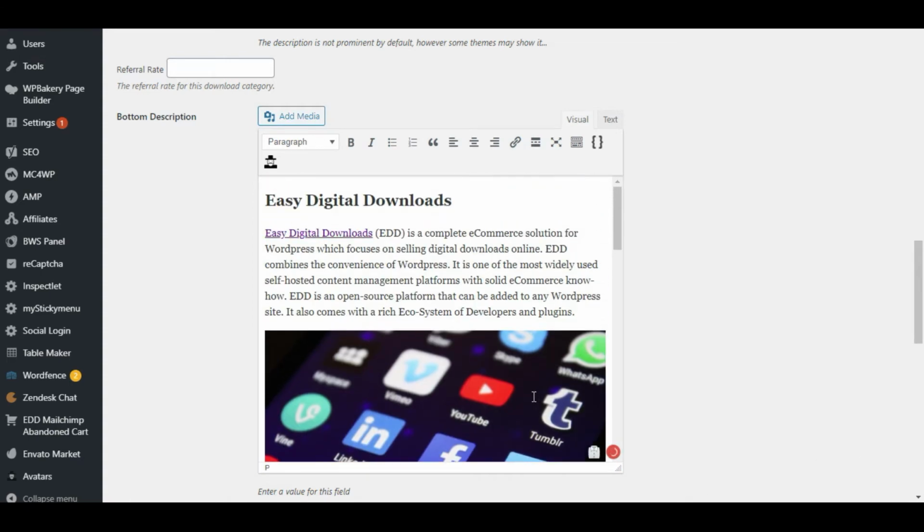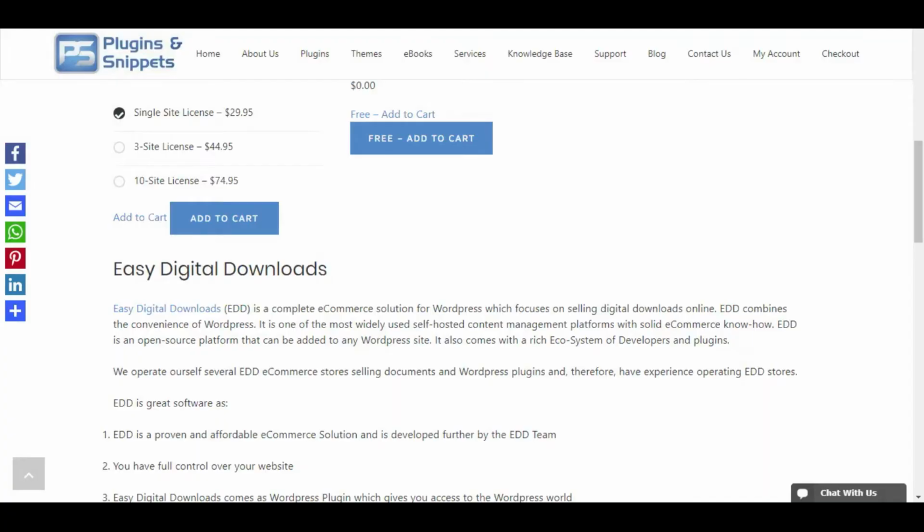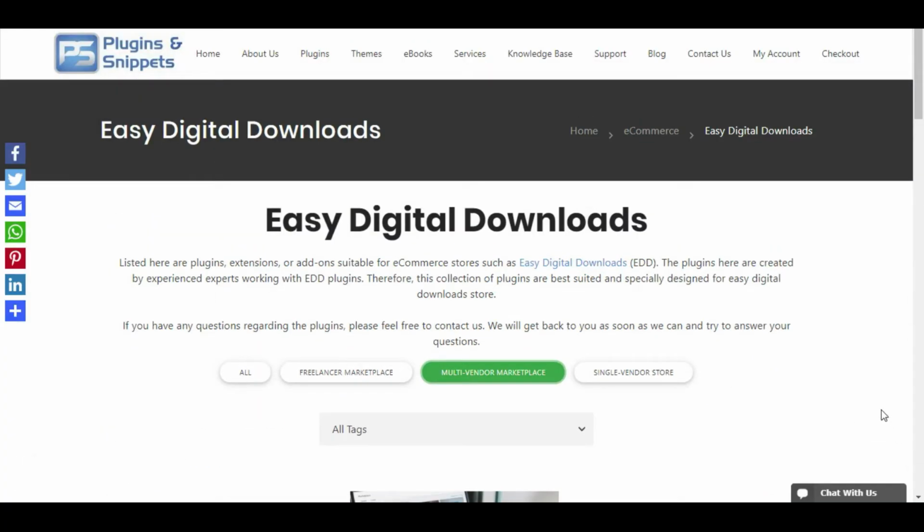Now we already have an image here, so we just need to update this page and reload the front end. These features greatly enhance your download category and tag landing pages by making it easier for customers to locate the downloads they are looking for, and by better optimizing these pages for SEO by adding more text and images.